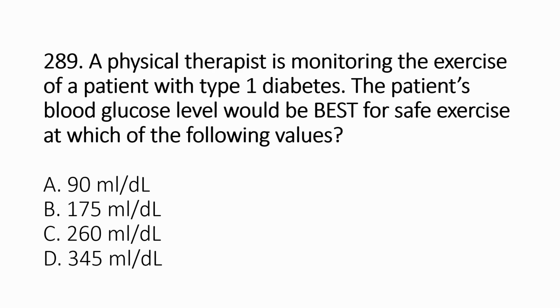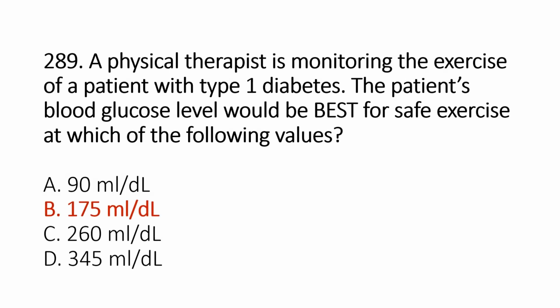Option A, 90 mg per deciliter. Option B, 175 mg per deciliter. Option C, 260 mg per deciliter. Option D, 345 mg per deciliter. And the answer is